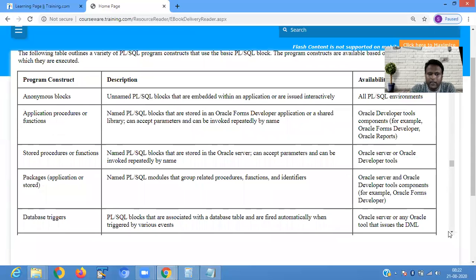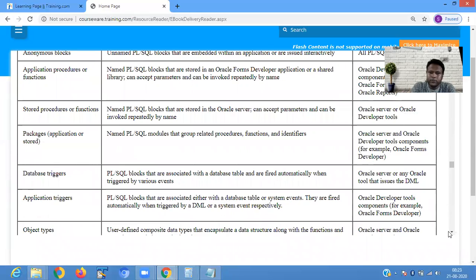The trigger is basically used for giving security to your database. Some database triggers are predefined, or some application triggers are used as required, or you can define them depending upon your application requirement.